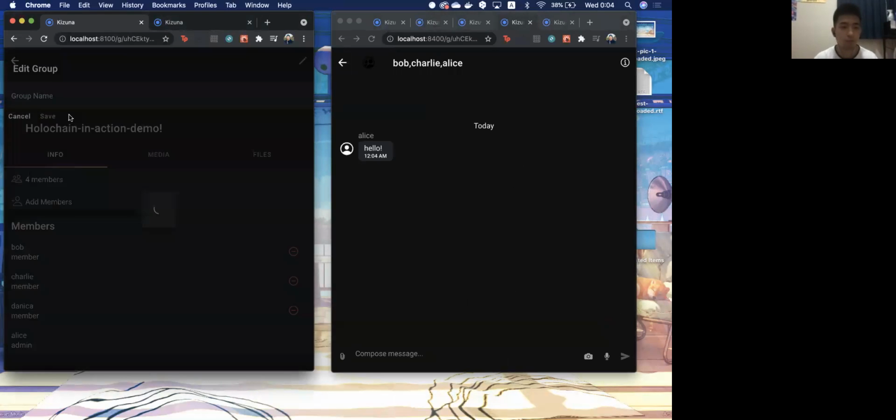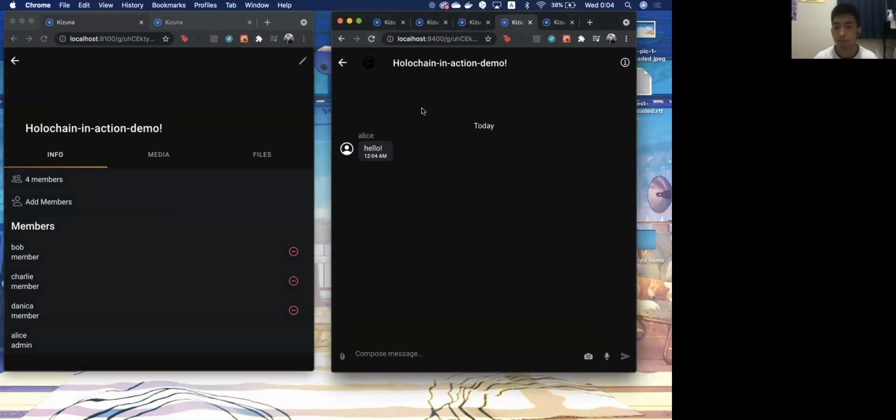Tats, is there any meaning of admin of group or no? Anybody actually playing that? Yes. So right now only the admin can add or remove members. This is a very basic role assigning that we are doing. But in the long run, by the way, all of the groups are right now in the same DHT. But in the milestone we also have to separate them into each of their own DHTs. Yes. So this is the cloning pattern that is often discussed in the Holochain space.